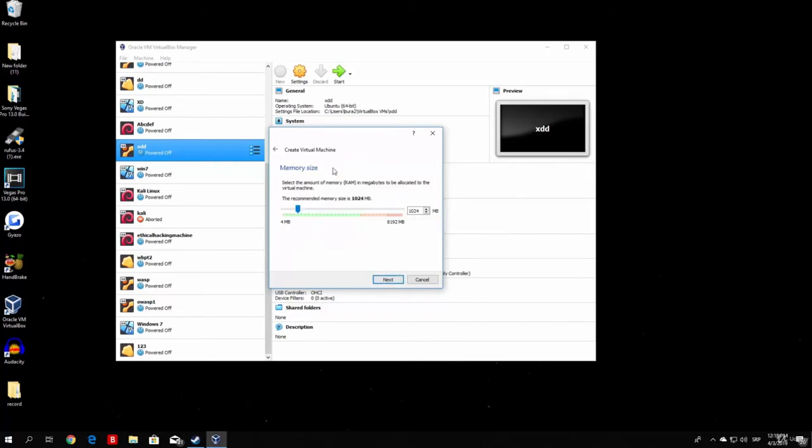Now, the next step is the memory size which you will give to your virtual machine. This is basically your RAM. For example, as you can see right here, I have 8 GB of RAM on this PC, and I want to choose how much RAM I want to give to my virtual machine. Now, what this means is basically,